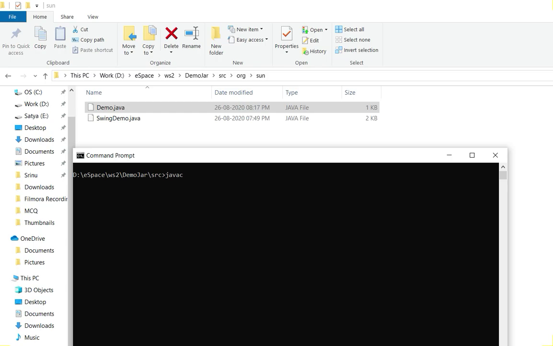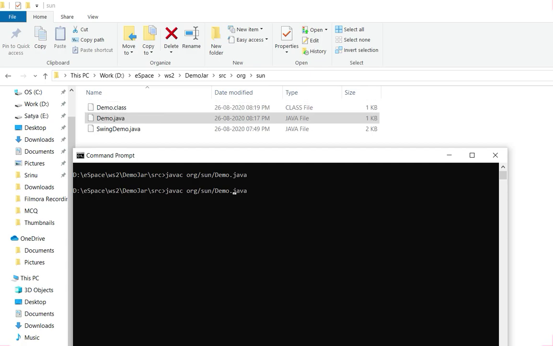Those are inside a package. org.sun is the package, and inside that I am going to compile all the files. If you want a particular class like Demo, you can give demo.java. So Demo.class is created. Now I'm going to compile the remaining ones, so I'm keeping star instead of giving particular names. So the dot class files are created.